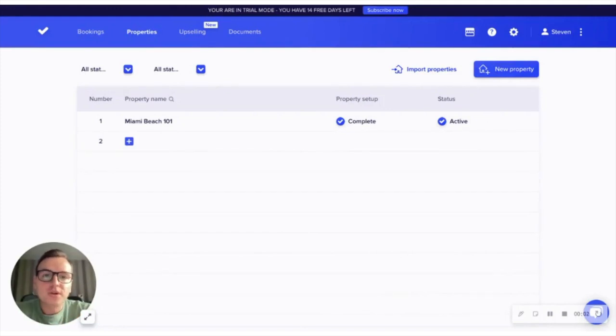Perfect. In this tutorial, now we have our account set up, we have our property and reservation created. Now it's time to start activating the online check-in so our guests can start receiving our correspondences to start checking in prior to arrival. There's a few things to keep in mind before doing this. One of which is thinking about the information that we actually want our guests to provide us. So first, what we're going to do is create a custom form and then adapt our questions